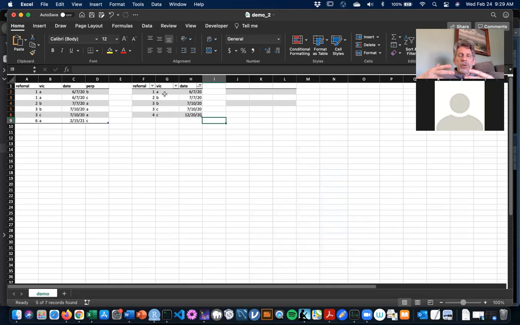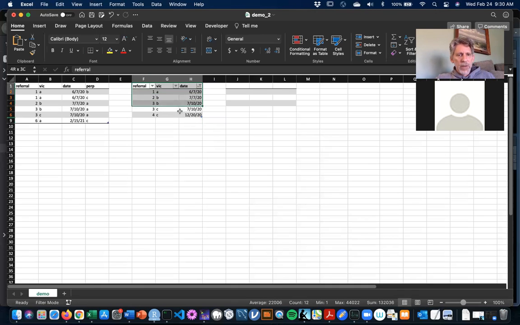My next step is to group by victim and summarize by how many times they were a victim. I can't have all that data still around from 2021. I really need to have only the 2020 data. And I can't find a way to just filter and then remove the filtered-out data all in one step. Instead, I have to do something kind of stupid. I have to make a copy of this table and put it in another place. So this is horrible, and I'm not sure I remember how I did it, but I'm going to